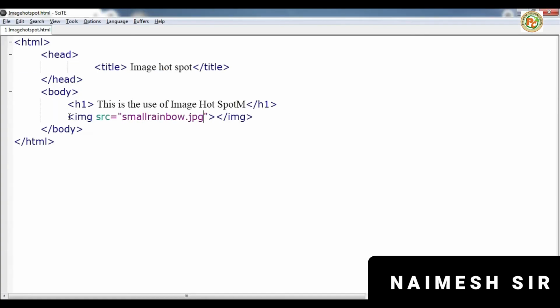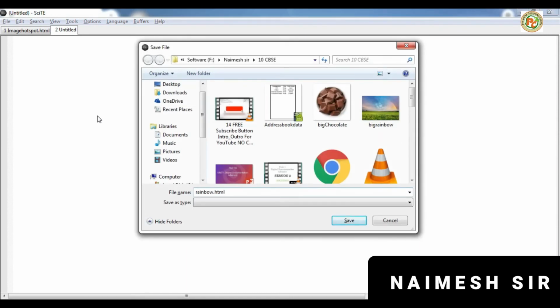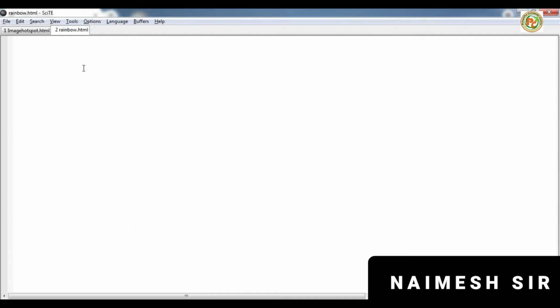To do this we have to use the anchor tag, a href equals the file name to be displayed here, rainbow.html. Now we have to create the rainbow.html file and close this a tag after the image. Take a new file and save it as rainbow.html. Yes, we have saved it.